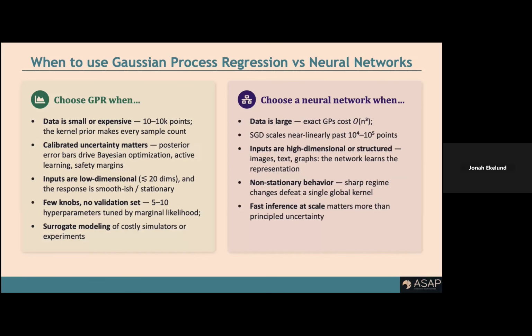And so when do you choose Gaussian process regression or other types of kernel methods like support vector machines, for example? It's when you don't have enough data, so like 10 to 10,000 points, which actually is something that we encounter a lot in space physics. We often don't have that much data. It depends. And when you care about the calibrated uncertainty, right? Because the method is going to tell us the uncertainty of both the weights and the predictions that it's going to make. And yeah, if there are not many knobs, if you have lots of parameters, it's not going to work well. And of course, you choose a neural network when you have very large data, more than thousands of points, and the inputs are high dimensional.